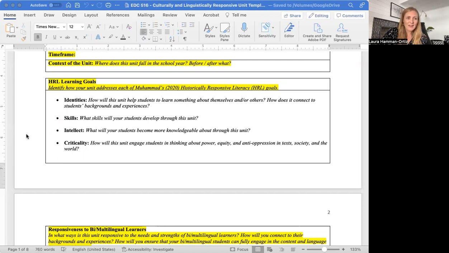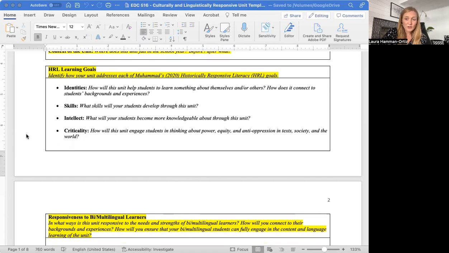And as I mentioned in our course, it's important to recognize that even if you're not a language arts teacher, you teach literacy. All teachers teach language and literacy, or should, because it's a part of how we communicate. It's a part of engaging students with text. So no matter what your content area is or your grade level, you should be thinking about language and literacy